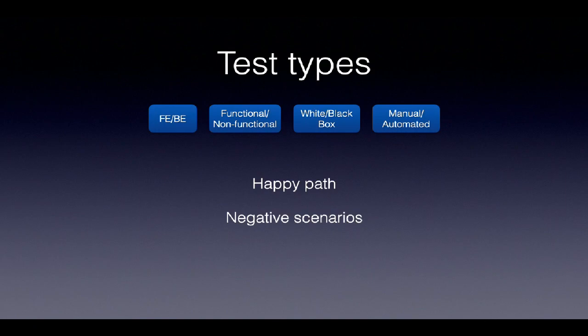Manual and automated. As we were talking previously, we can create manual scenarios, manual tests, or automated tests, depending on the time that we have and if it is worth it or not. And then happy path and negative scenarios is basically what are we testing, and it's